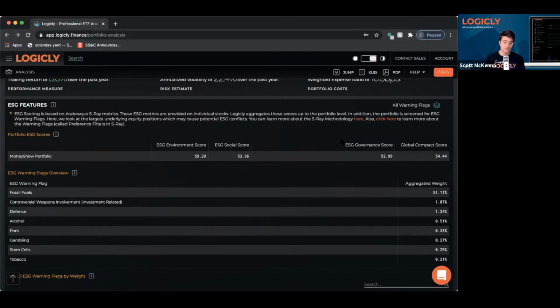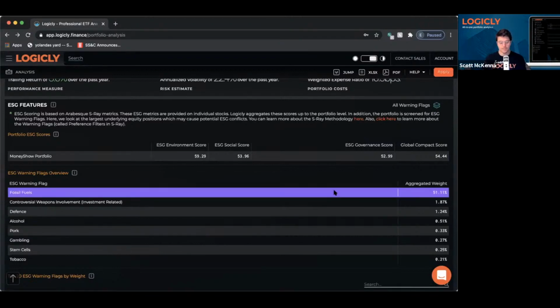The fact sheets are great. Obviously, ETF issuers aren't out to get you for the most part, right? But you always want to be able to do your own due diligence. And that's a great thing that a lot of advisors use Logically for. But going back to the ESG stuff,